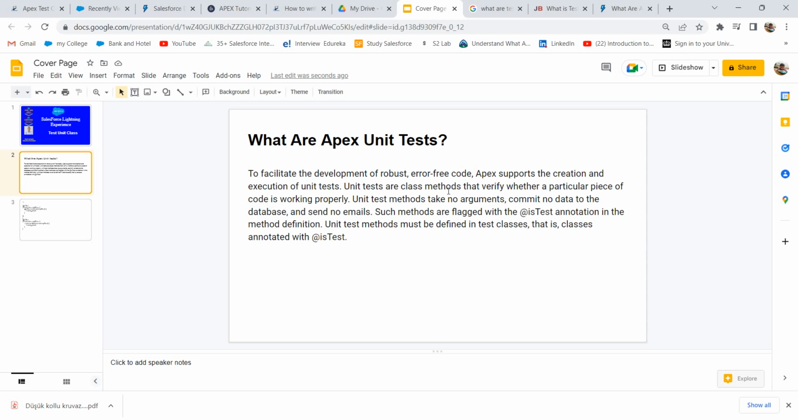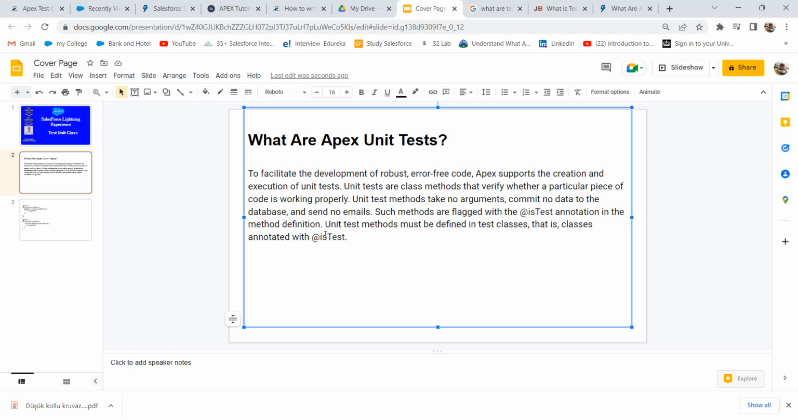Unit tests are class methods that verify whether a particular piece of code is working properly. Unit test methods take no argument, commit no data to the database, and send no email. Such methods are flagged with the @isTest annotation in the method definition. Unit test methods must be defined in a test class, and that is the class annotated with